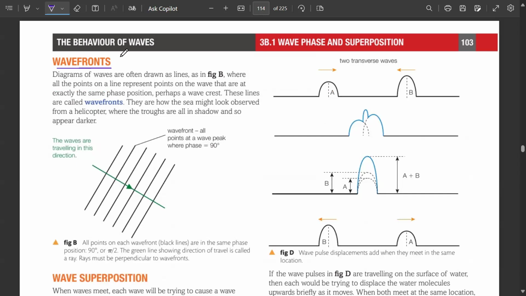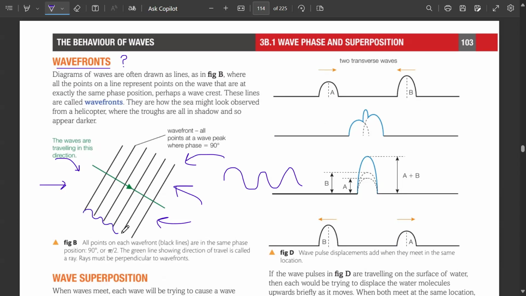A wave front is also another term. When you're going on an aeroplane, you have traveled, obviously. Now, you see from an aeroplane, how do you see the water waves? What do they look like? Do they look like this 3D, or do they look like something like this? Looks like on the left. Exactly. Because it's a plane view. Now actually, this is what someone looking at the waves